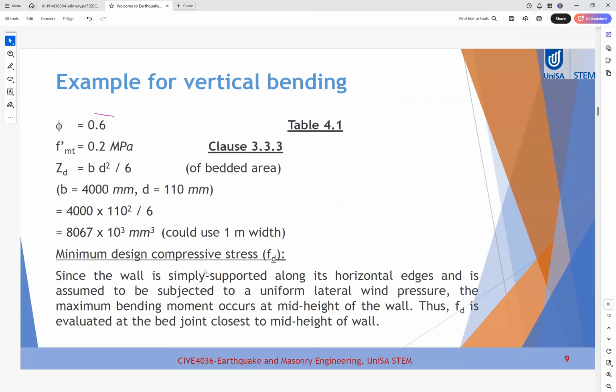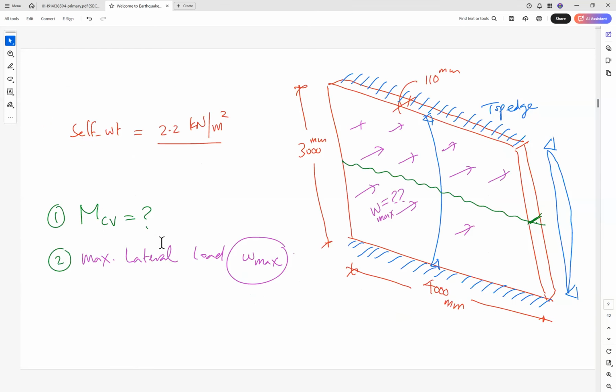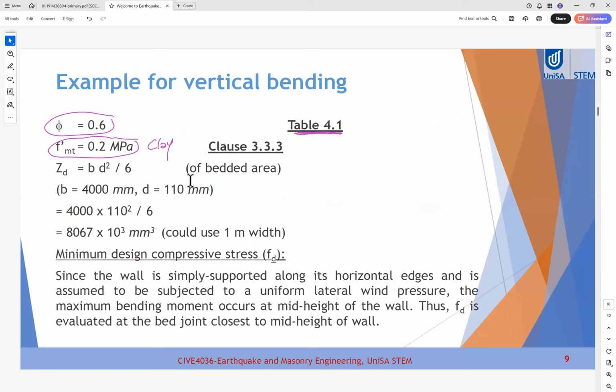so we have phi equal to 0.6 from table 4.1, and we have FMT dash is 0.2 because we have clay masonry. The clay masonry was mentioned here, clay brick wall. So because it's clay, so we have FMT dash. So if we have a value of FMT dash equal to 0.2 MPa, so we have our formulas to use are, as I show you, we have MCV will be the lesser of